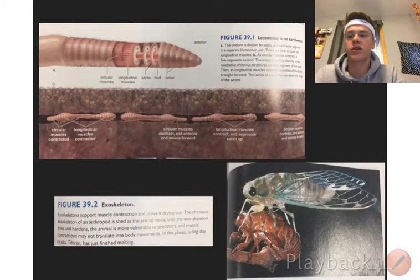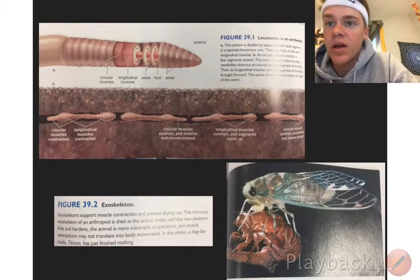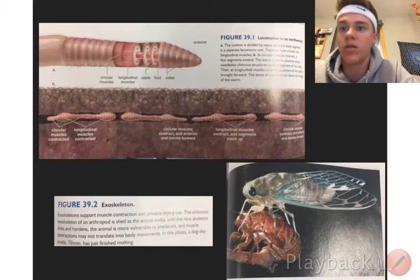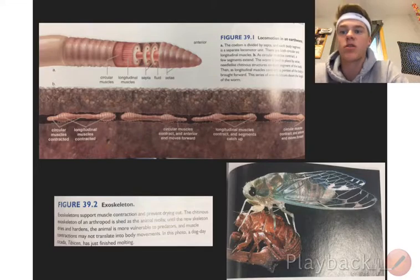Alright, so here's a picture on top. We have a worm, the earthworm, talking about the locomotion. So the coelom is divided by septa, and each body segment is a separate locomotor unit. There are both circular and longitudinal muscles. As circular muscles contract,